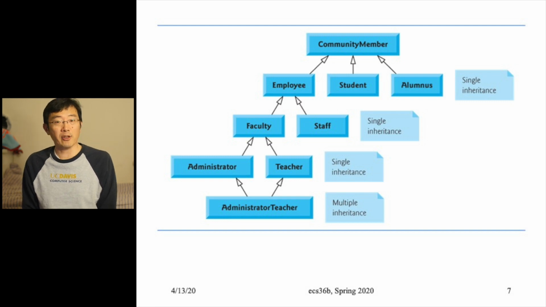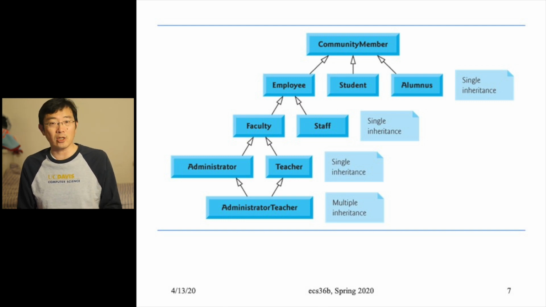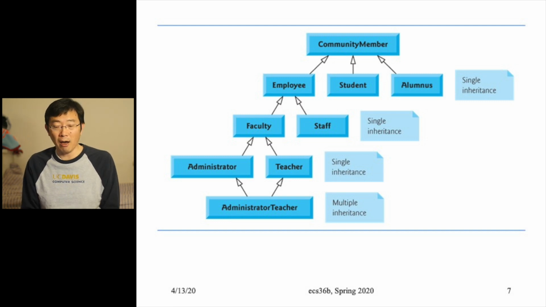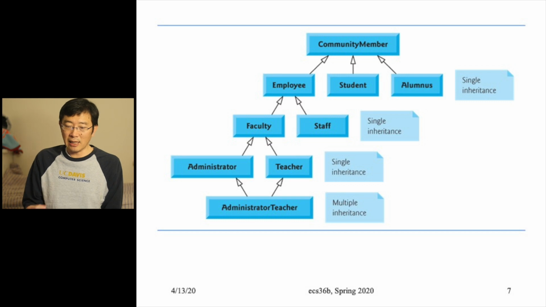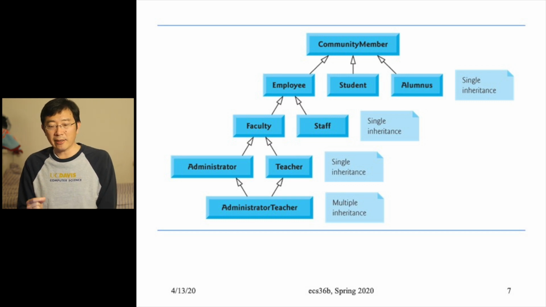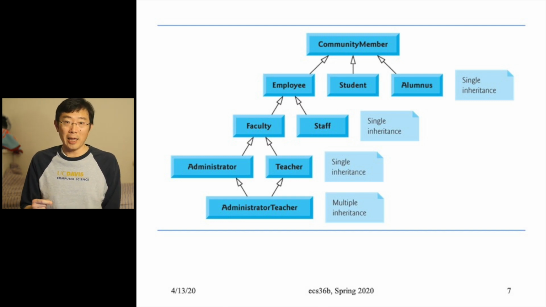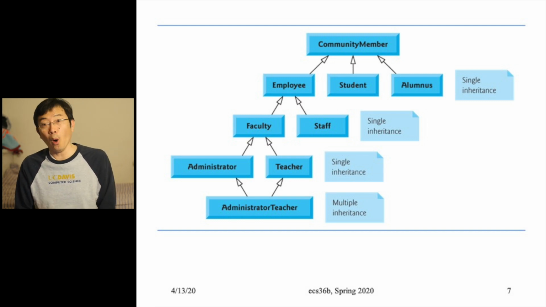And then you could have some role who is doing, like in UC Davis, some of our faculty members are doing both administration and the teaching together. So you could have this hierarchy of classes, and the root, which is the base class, is community member. And you can define employee as a derived class from the community member. On the other hand, the employee could be a base class for another direct class called faculty, or another class